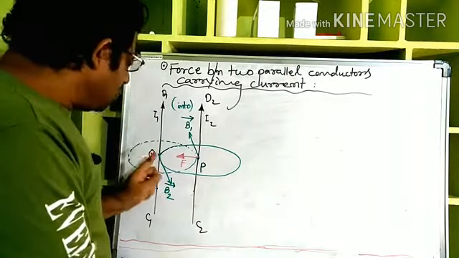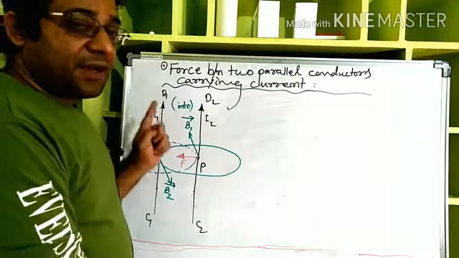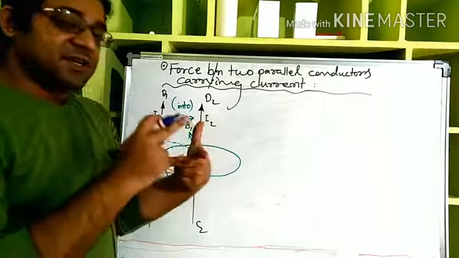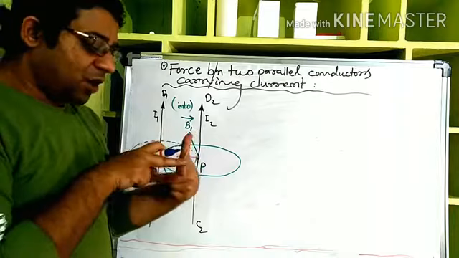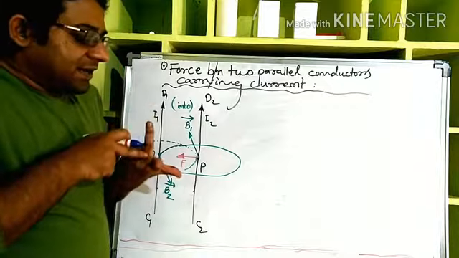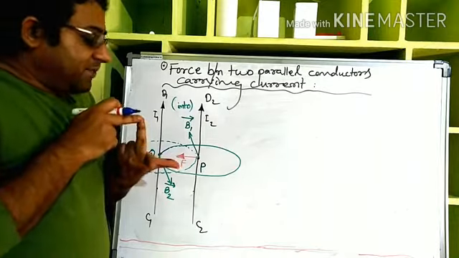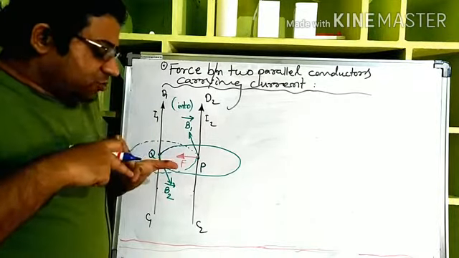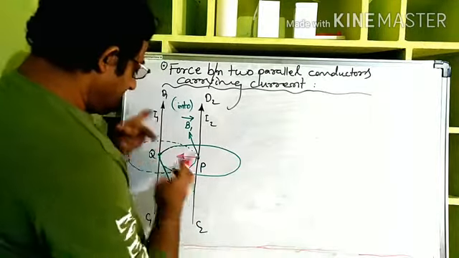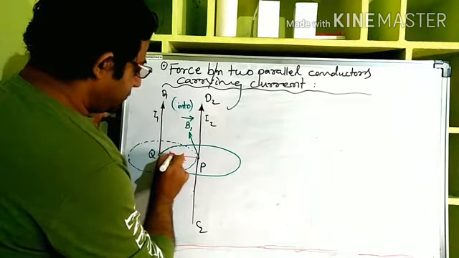Now again, at Q, we know the direction of the magnetic field and the direction of the current, and we can find the direction of the force using the left hand Fleming rule. So this is out of the board, and the index finger shows the magnetic field, so out of the board. Let me keep it this way. Then the current direction is upwards, I1. The current direction is shown by the middle finger, and B2 is outside. Then the force must be shown by the thumb direction. So this is again inside. In this direction, a force will be experienced.